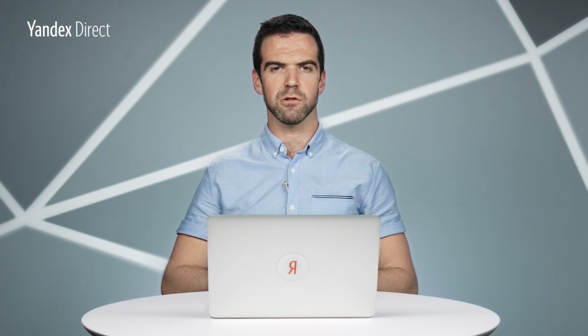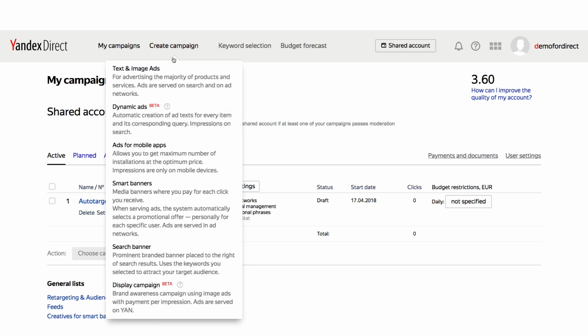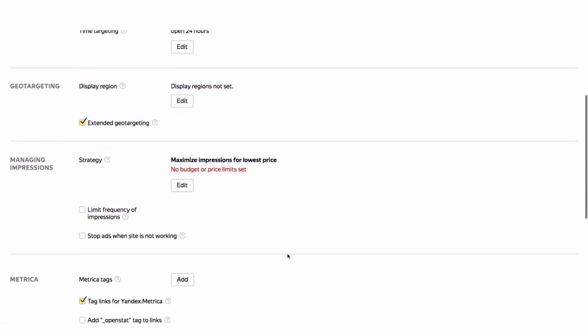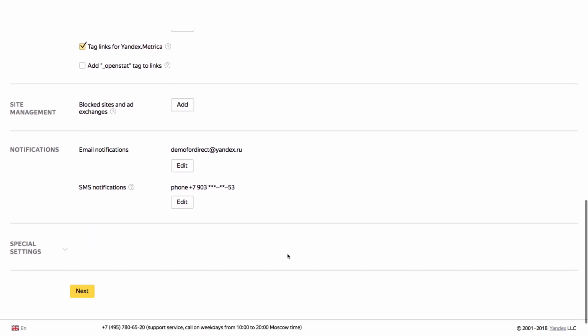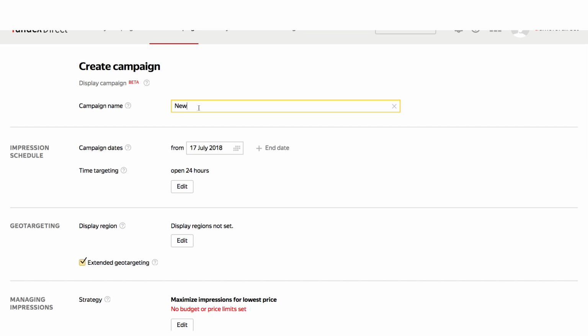Let's take a more detailed look at some of the nuances involved in setting up campaigns. To begin, click on Create Campaign and select Display Campaign. If we take a look at the settings available, we can see that they are very similar to those for a regular campaign for the Yandex advertising network, but there are a few differences. You have to enter a campaign name,